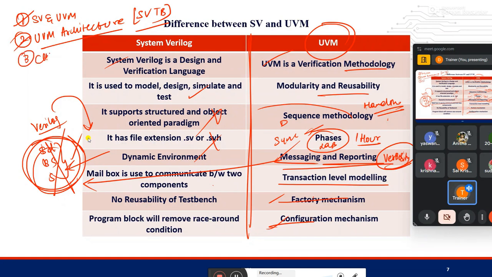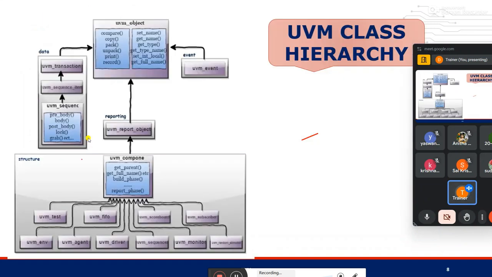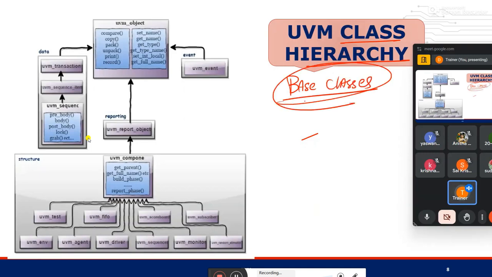Plus, now I will teach you what the class hierarchy is. Already we have a hierarchy, but for that hierarchy once again we are adding a hierarchy. Why we need it, I will tell. Here you can see a figure. This is called the UVM class hierarchy. In short, a few minutes before I told you that in UVM we have base classes, correct? Those base classes are nothing but this class hierarchy.